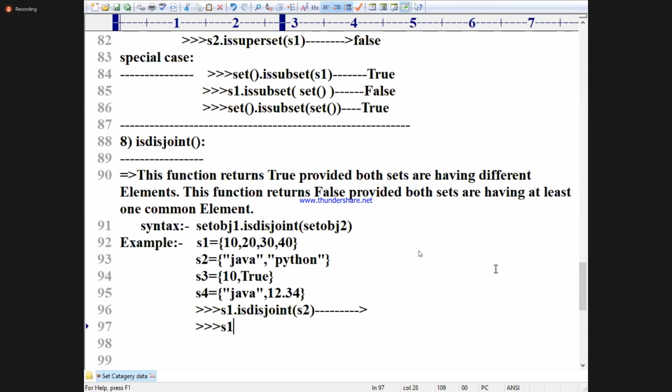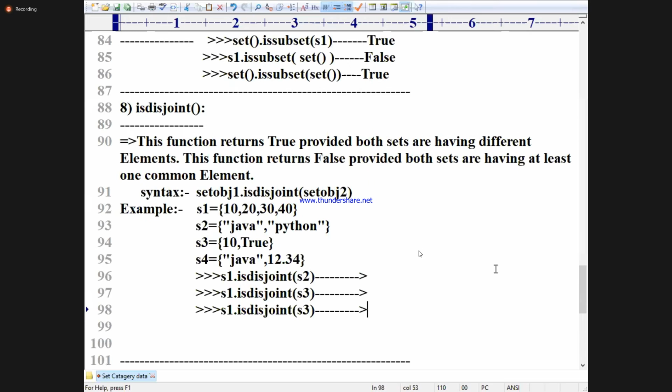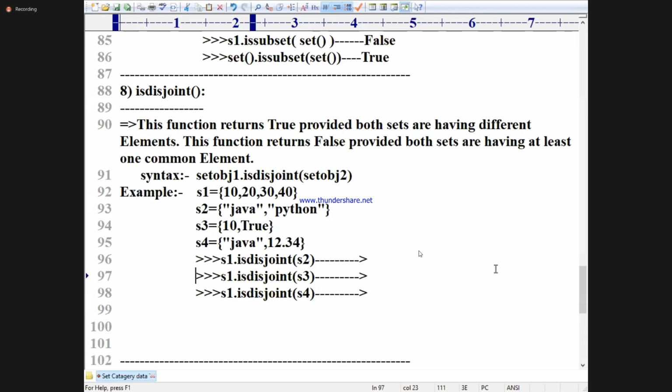When I ask, you try to answer. isdisjoint of S3, S4. Without confusion, if you answer, you are perfect.